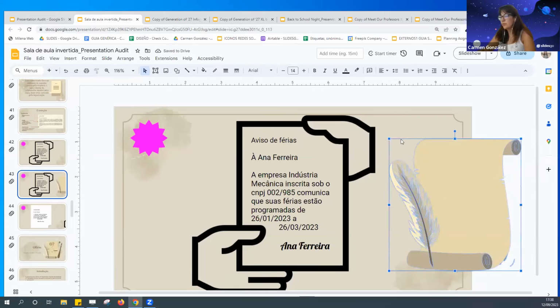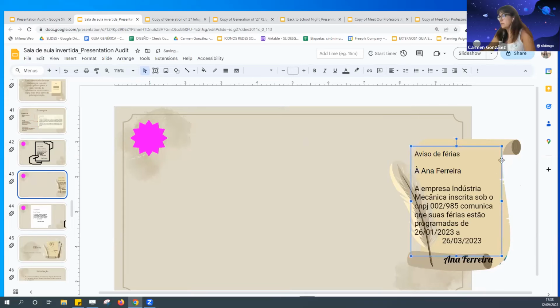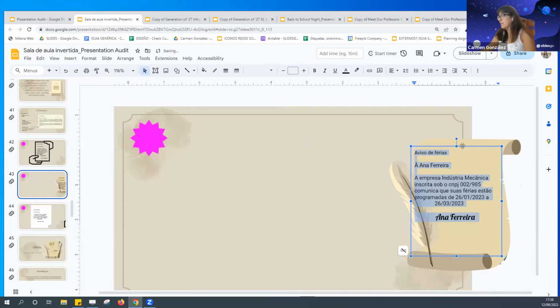I would group this again. I would delete this. And then I can move this. I can make this bigger because it wasn't big enough. Make this big again. Okay, so now instead of having this